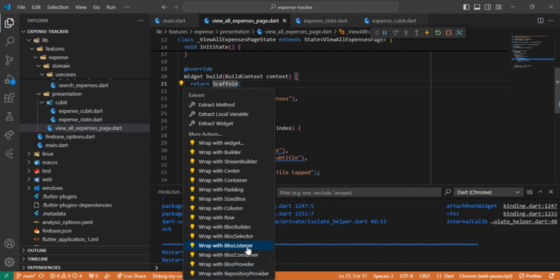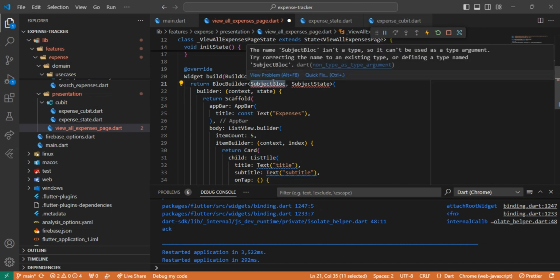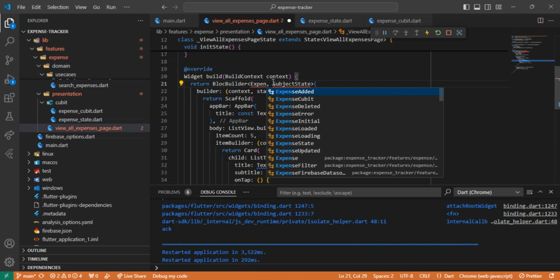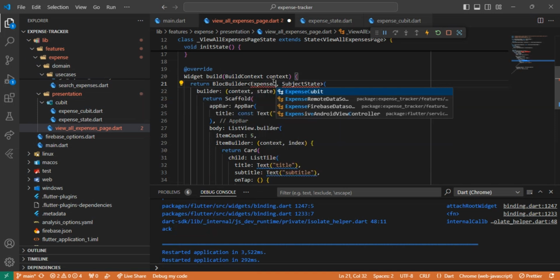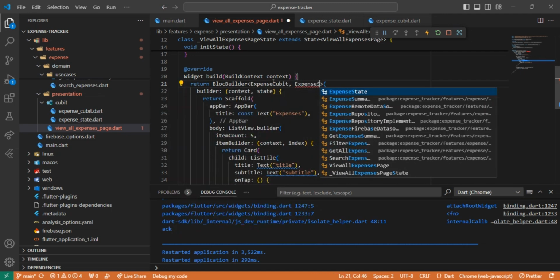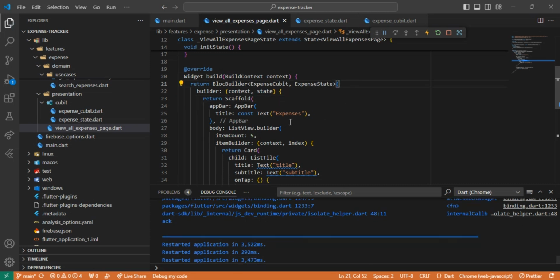Pwedeng BlocBuilder, block consumer, block listener. We'll just use BlocBuilder kasi we'll just build lang naman. And then subject blocks, subject state, these are just dummy. You will replace this with the exact this one, yung first parameter is what qubit, no, since this is expense man, so expense qubit. Okay, eto is asking for the state, so you need to be specific, expense state, kasi again we view all expenses kasi ito, diba? So yan, and then we're not done yet kasi